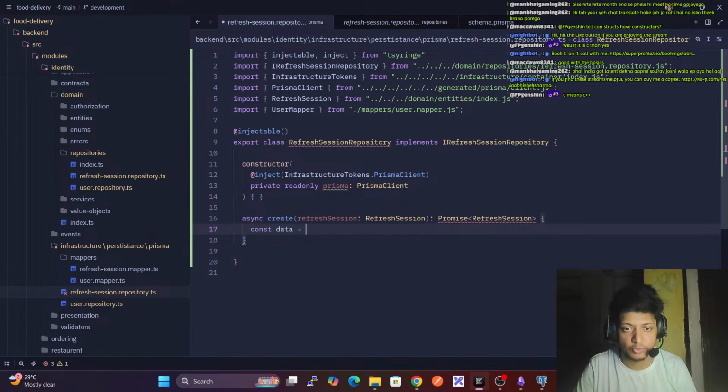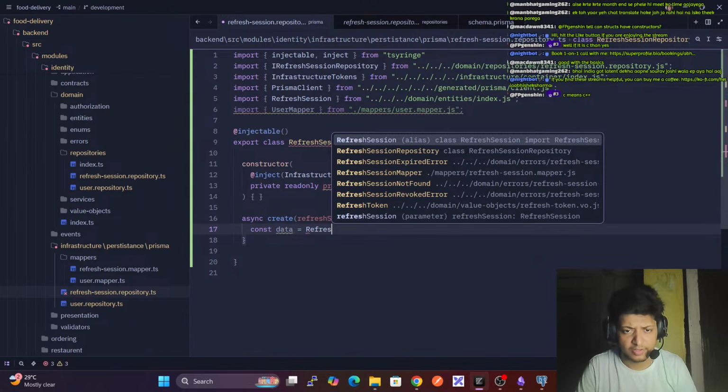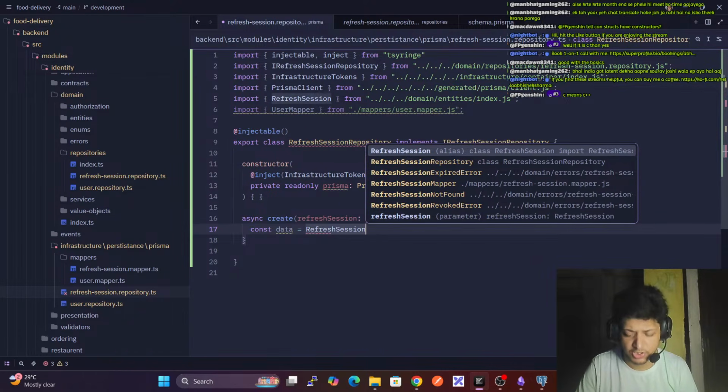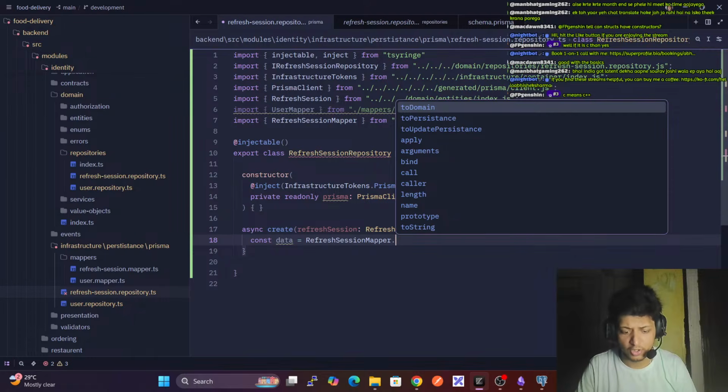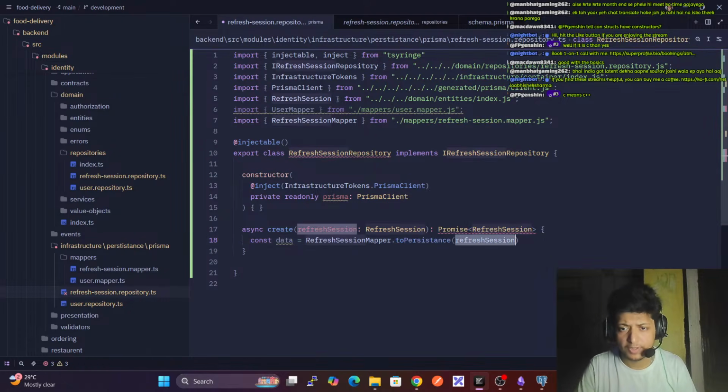Why do we not need the user mapper? We need refresh session mapper dot to persistence refresh session. Okay, we got this data, and then we are going to do const